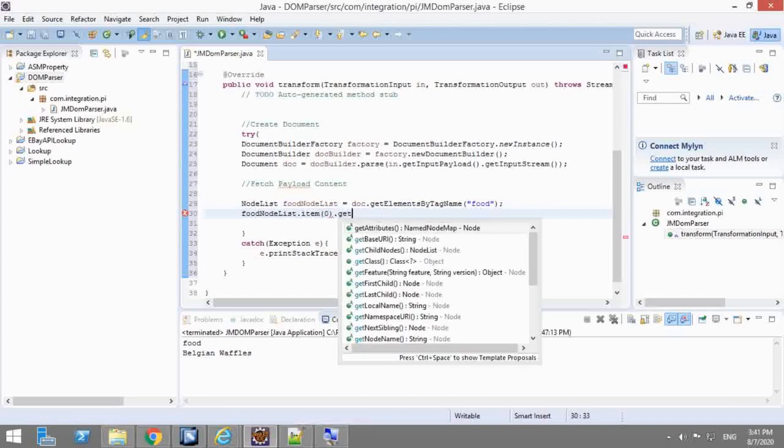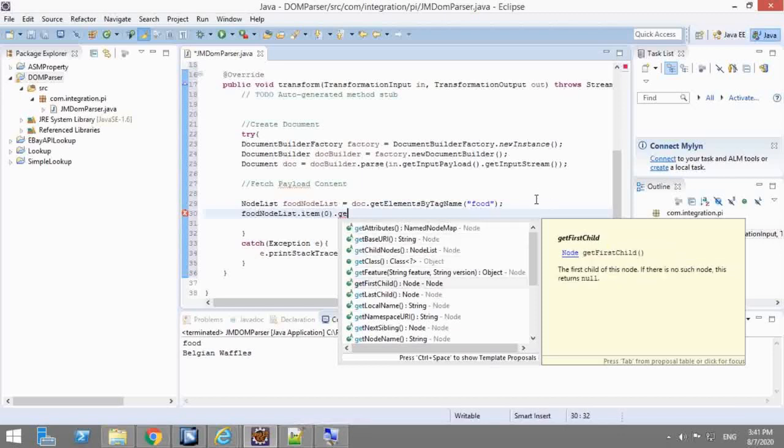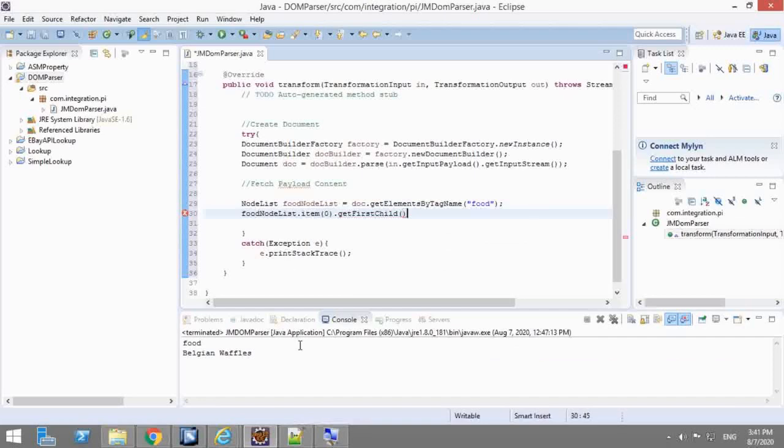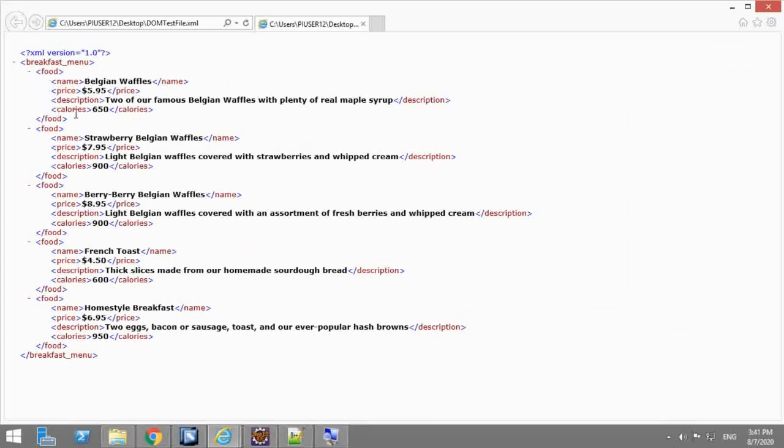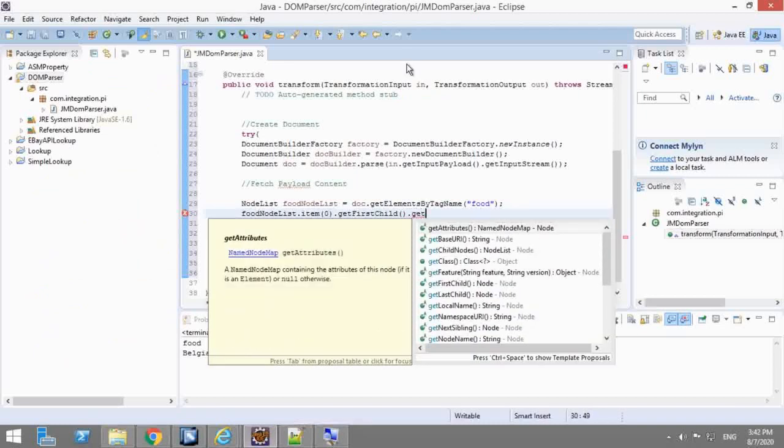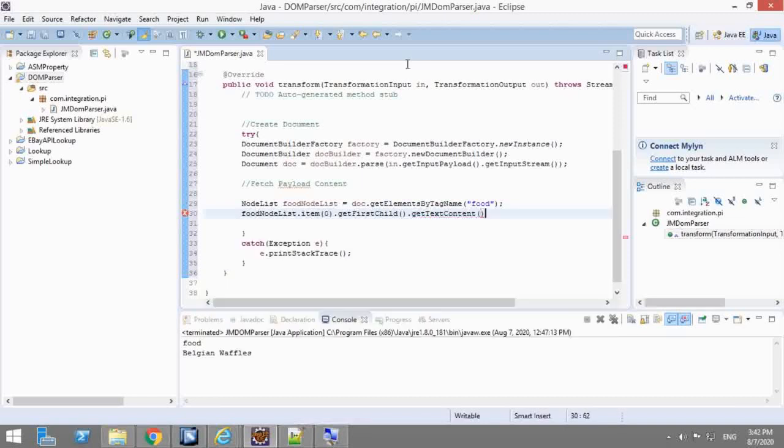What I'm going to do is get the first child. So I'm taking the first child from what I have taken in item 0, the first food node, and the first child here is the name node. So what I'm trying to do is fetch the text content of this name tag. So going back to my IDE, I'll do first child, get text content. Okay, let me save this in a string, first food name. Saved it inside a string,